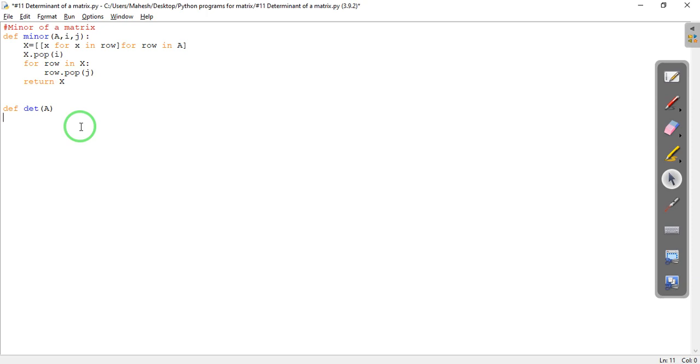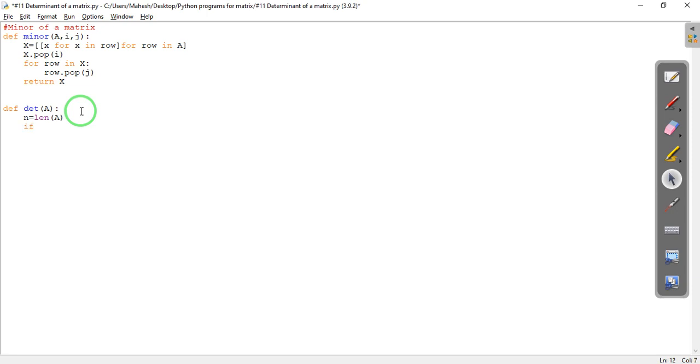All right. So let us define determinant of a, and for that let us take n to be the length of a. Okay, how many vectors we have? And now we will use the if else statements.